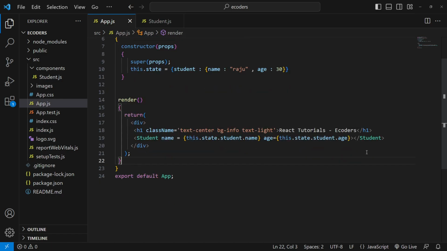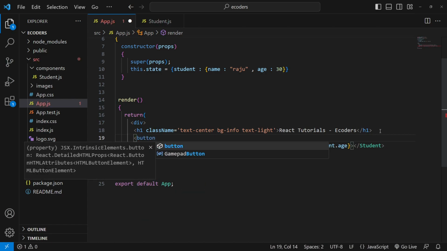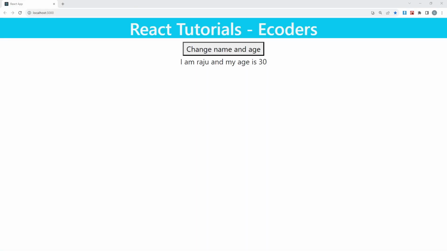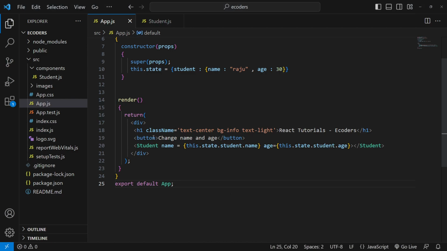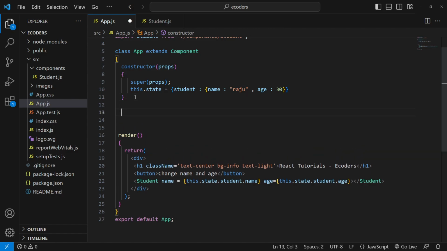So now what I'm going to do is, just before this student component, create a button so that I can have a click event on this particular button. I will say "Change name and age." Our button is going to say change name and age. Whenever I click on this button, this Raju and age is going to get changed, meaning the state is going to get updated. Since it is a class based component, I just have to say